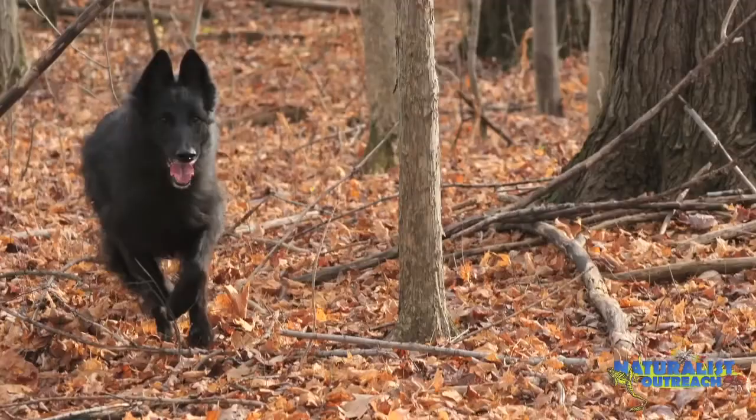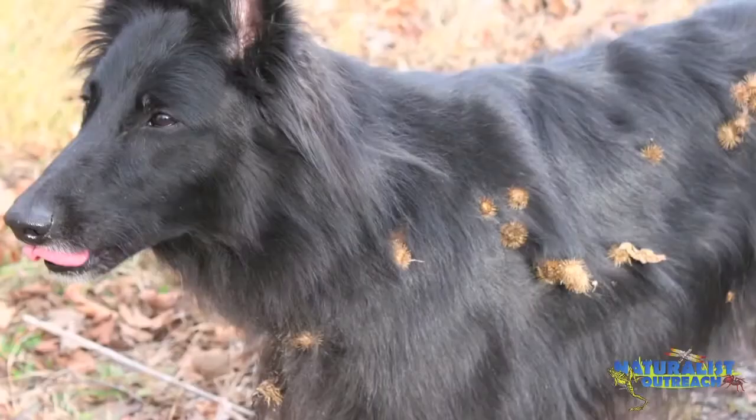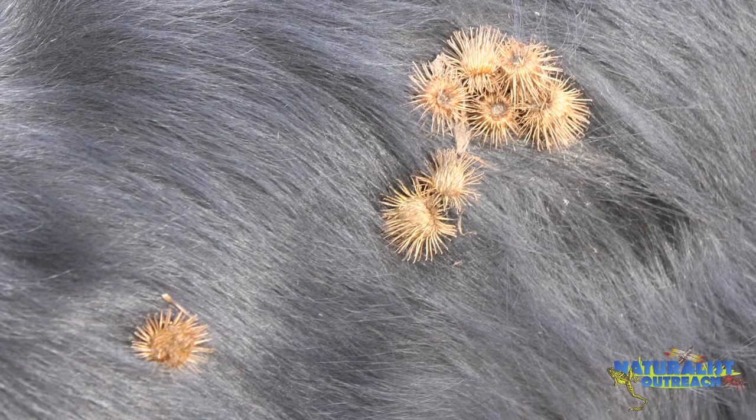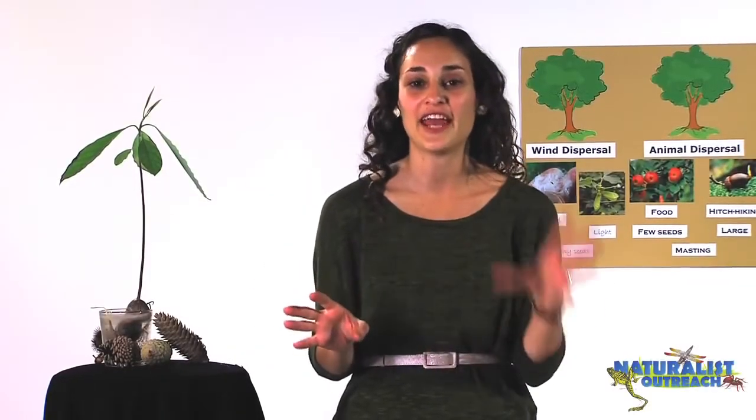They can also be sticky or have lots of little hooks all over them, then they function more like Velcro and get carried away wherever the animal goes, and eventually they'll drop off and leave their seeds behind somewhere where they can grow. So while hitchhiking seeds don't have to worry about putting all the energy into producing a fruit or a lot of nutrients into their seeds to attract animals to eat them, they have a trade-off because if